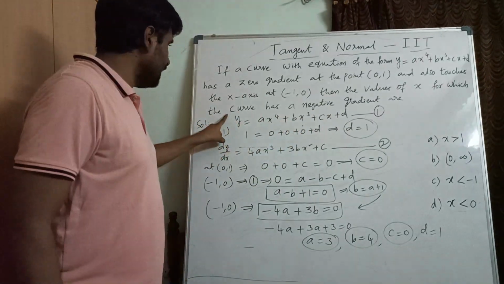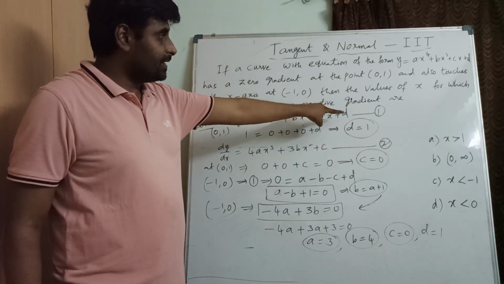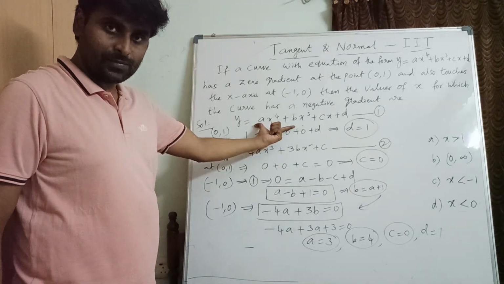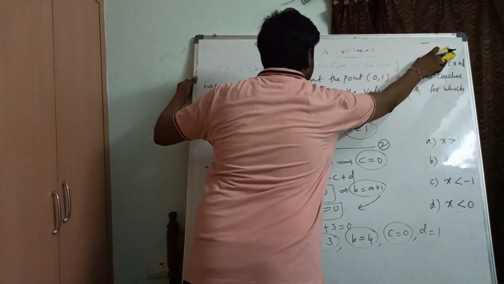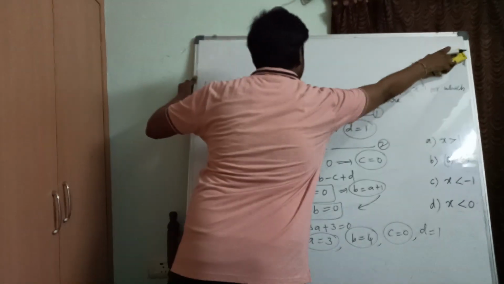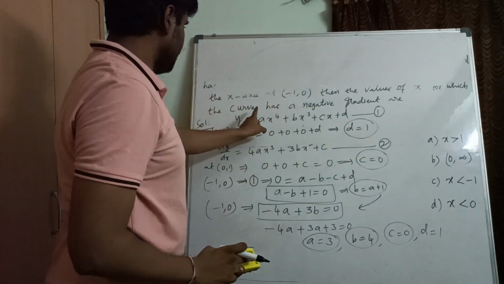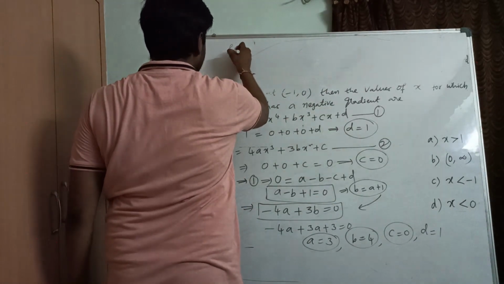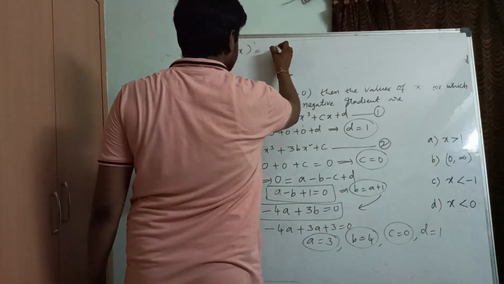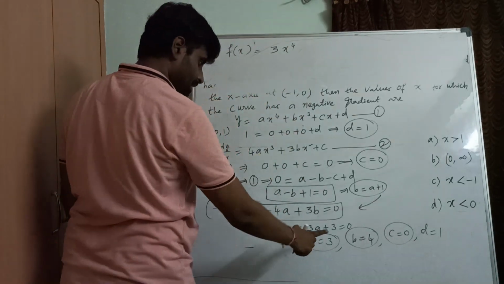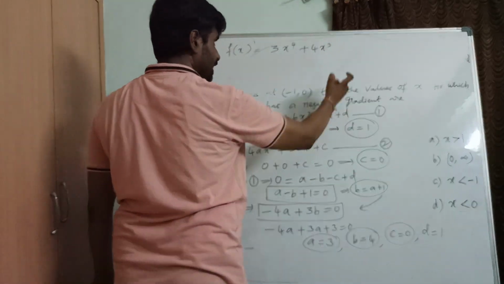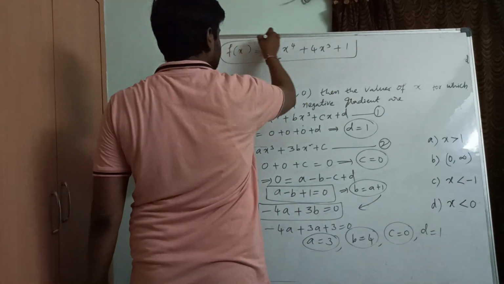Okay, then we are going to find where the curve has a negative gradient, for what values of x this curve has negative gradient, negative slope. Okay, so I'm going to erase here. Okay, so I'm going to solve that problem here, right? So finally, so what was asked to find out, you have understood already, right? Now, so what is our function? It will become original now. F of x equals to ax power 4. What is a? 3x power 4. Now what is b? 4. So 4x cube. What is c? 0. d? 1. So this is our main function, correct?